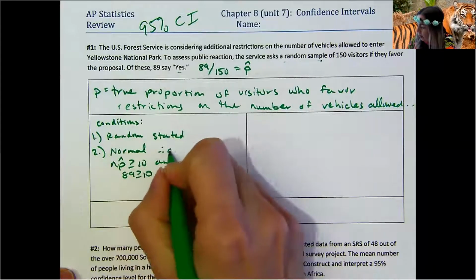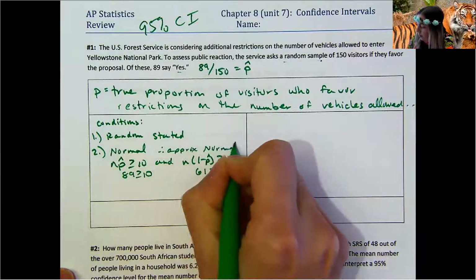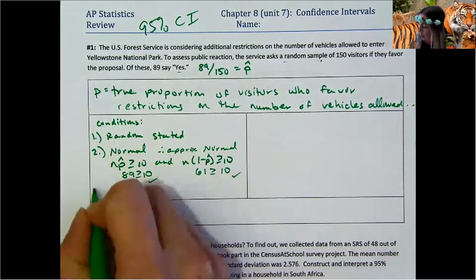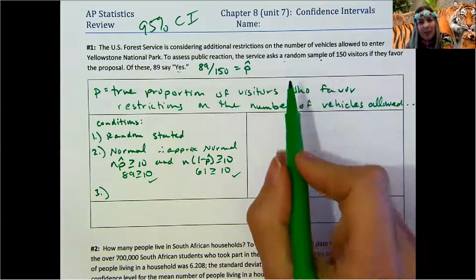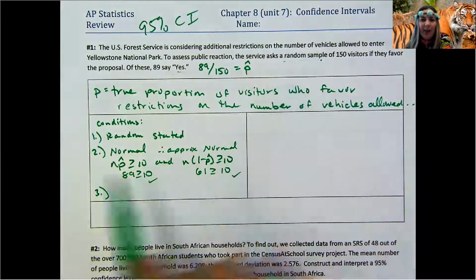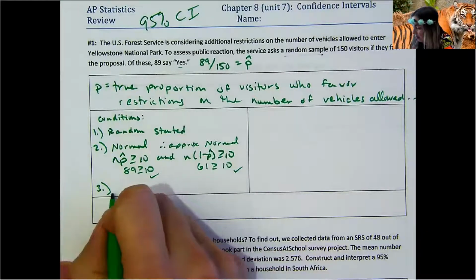So approximately normal. Check, check. The third one is independence. It didn't say that they sampled with replacement, right? They didn't put it back, put the people back, so to speak. So we might have double dipped. So we have to assume